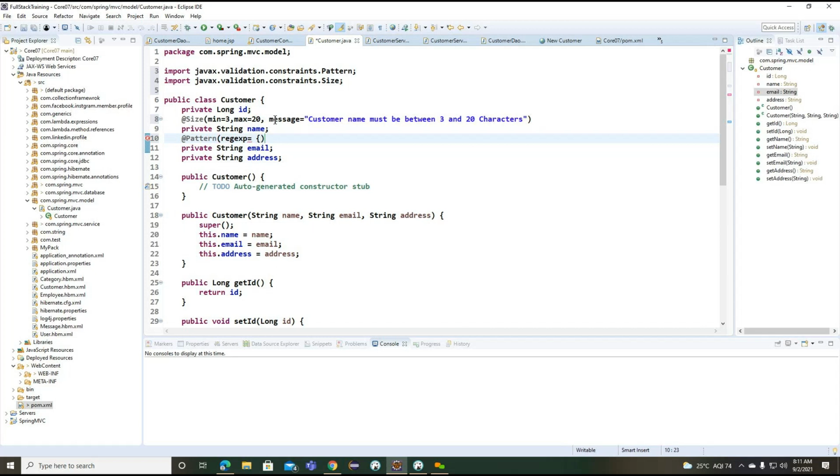Now what I want to provide here: from capital A to Z, small a to small z, and 0 to 9. Right, so these are the values we'll accept here.